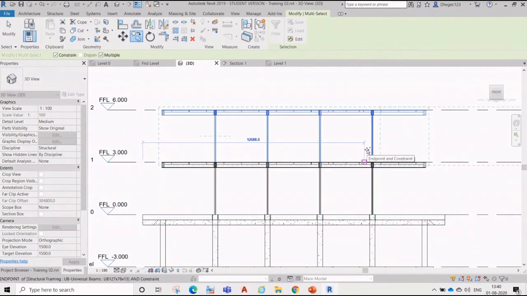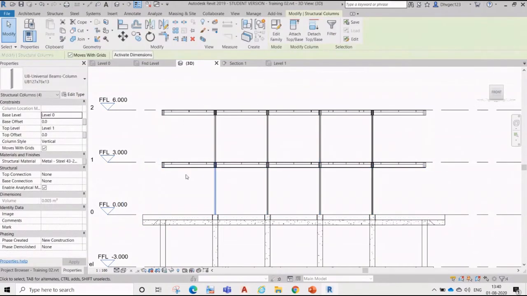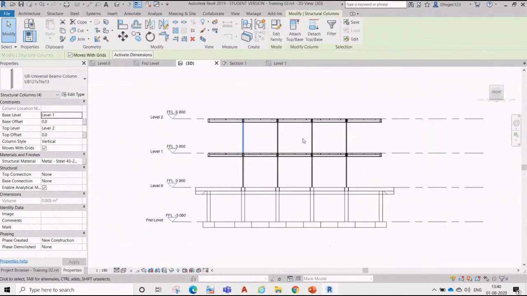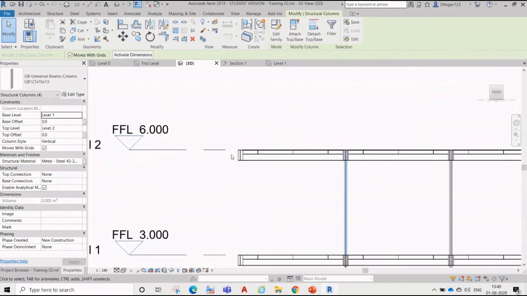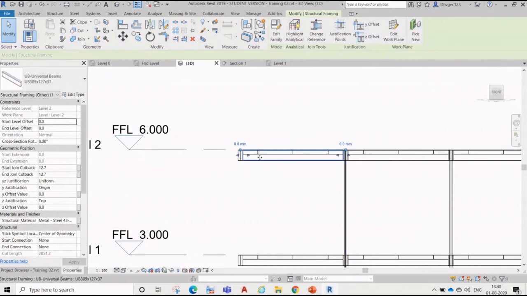another level. So you can see this floor, this column is associated with level 1, right? From ground 0 to level 1. If I select this one, so automatically it's from level 1 to level 2. So once we copy it, all the elements are already associated with the respective levels.